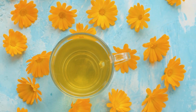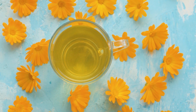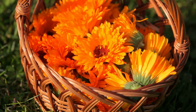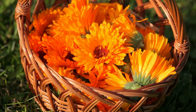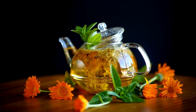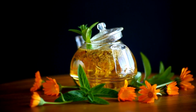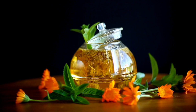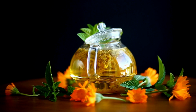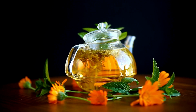And just stay tuned with me because we're going to talk about the amazing benefits of the petals. As you can see here, we've got calendula, then comes calendula oil, cream, flower, extract, soap and gel, lotion, so much more that you can do with this amazing herb. When it comes to the petals, they can be externally applied for so many different skin conditions and inflammations as well, which is beautiful because this delicate, beautiful, elegant flower is amazing when it comes to inflammations